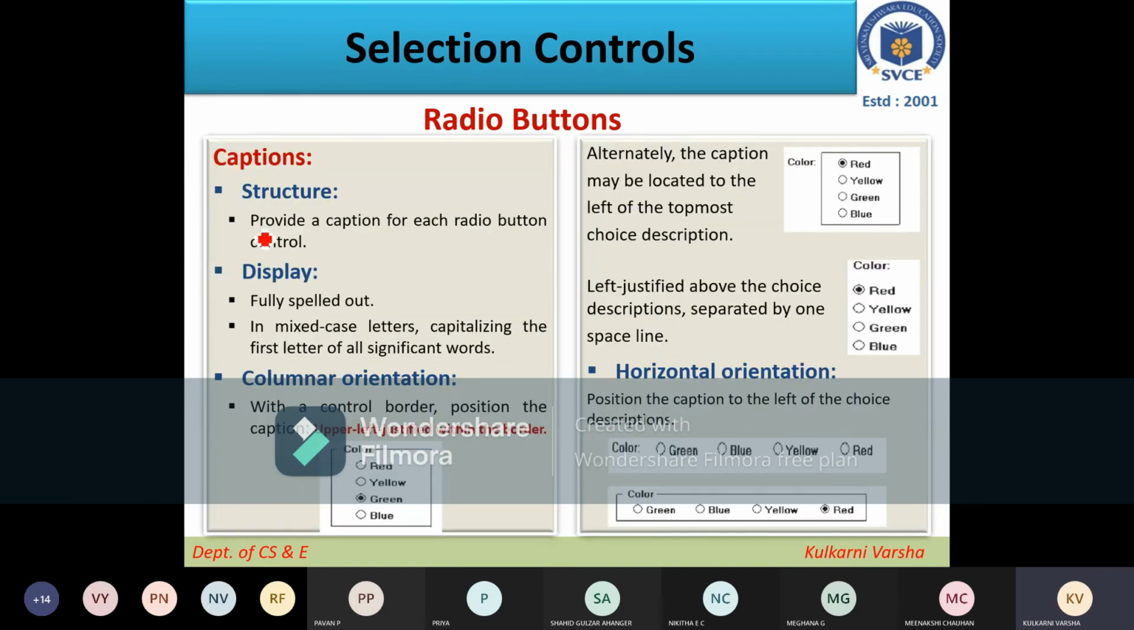So when it comes to the caption, what is the structure? Provide a caption for each radio buttons control. It should be fully spelled out in mixed case letters, upper left justified within a border. If it is columnar orientation, it should be upper left justified within the border. If it is horizontal orientation, keep it on the left side, next to the first